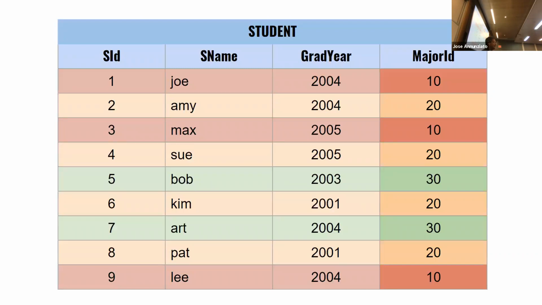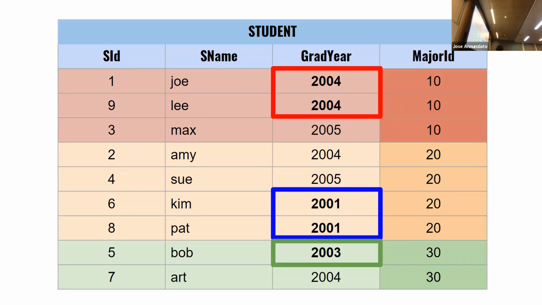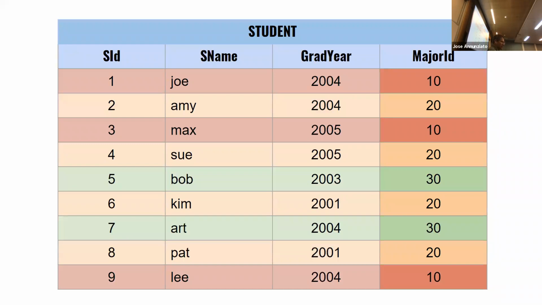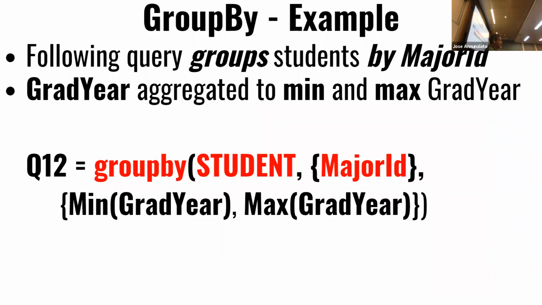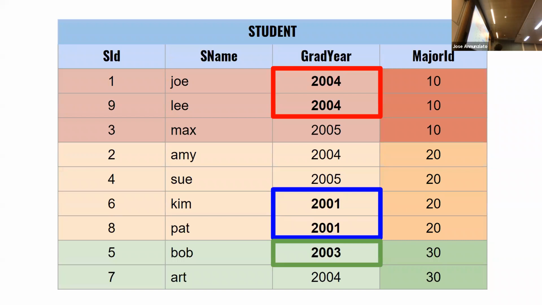So here's an example of students and the colleges that they belong to. If you group them by the college, you end up with 3 students in one college, 4 in another, and 2 in college number 30. And we were asking about the minimum and the maximum graduating year. So it looks like 2004 is the minimum and 2005 is the maximum for that group. And then over here we have 2001 as the minimum,